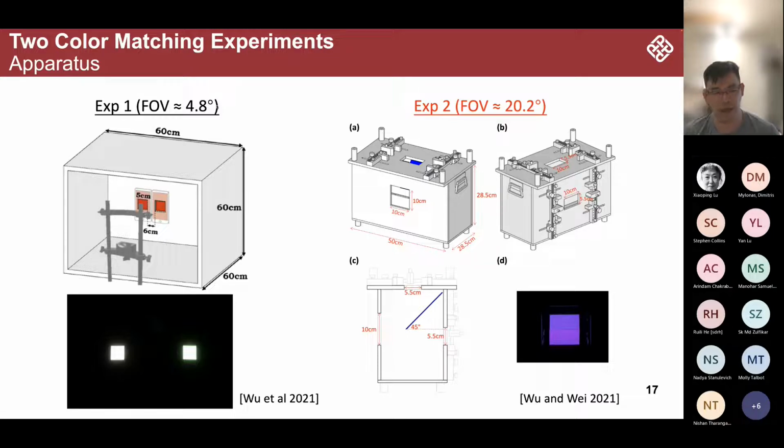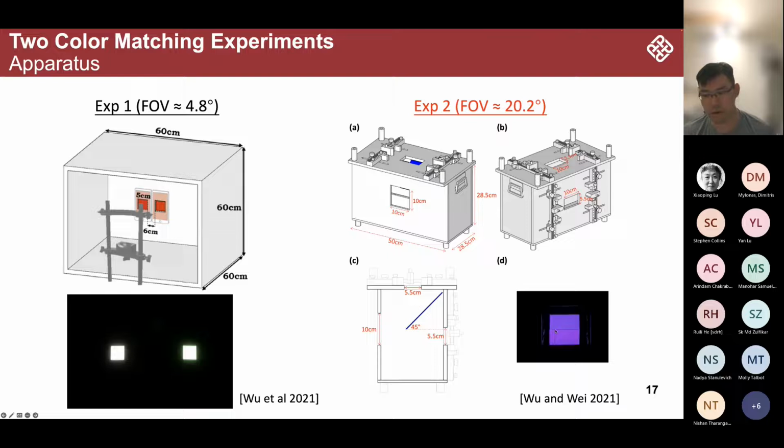And in order to make the color match better, and also to make it more similar to the real condition, we carefully built another system. In this system, you can see that the front side is a viewing opening, and then we have one opening at the top and the other opening at the back, and we have a 45-degree mirror here. So we can put one display here and one display here, so that from the front side, we can see these 2 displays next to each other, okay?